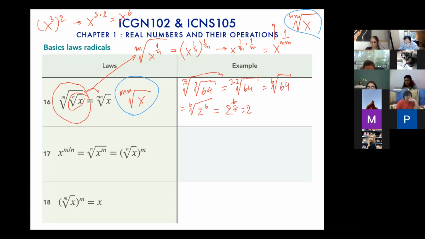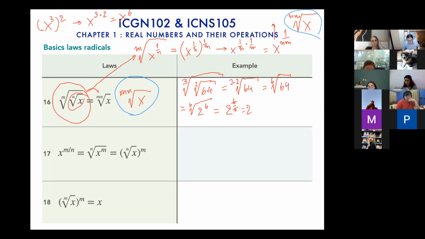The next thing: when we have this example already, you can write it down in the form of radical or in the form of exponent, depending on what you want, whichever makes the solution easier. Okay, so for this law, do you have any questions? If not,